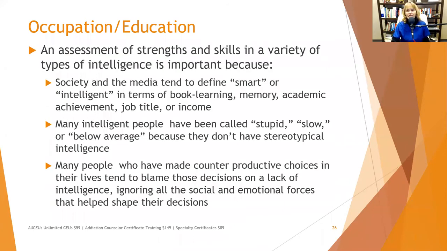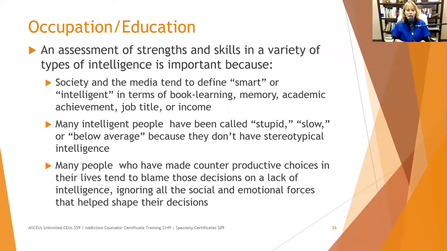An assessment of strengths and skills in a variety of types of intelligence is important because society and the media tend to define smart or intelligent in terms of book learning, memory, academic achievement, job title, or income. There are a lot of smart people who don't necessarily make 6-7-figure salaries, but they're really smart. Many intelligent people have been called stupid, slow, or below average because they don't have stereotypical intelligence. So we want to make sure that we don't